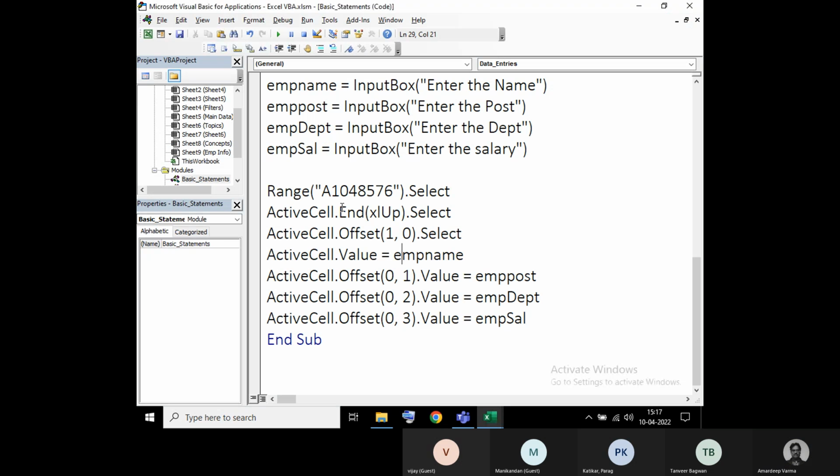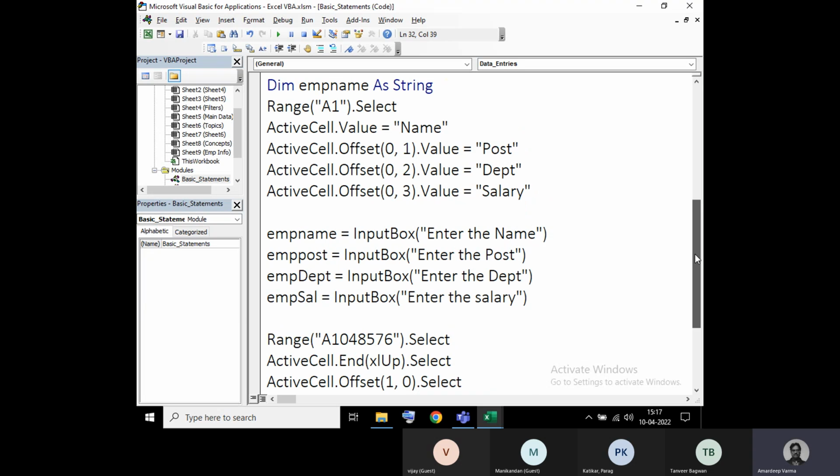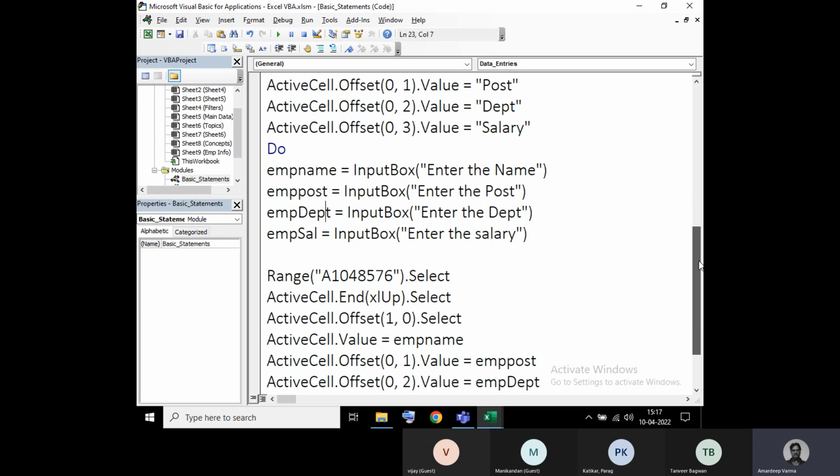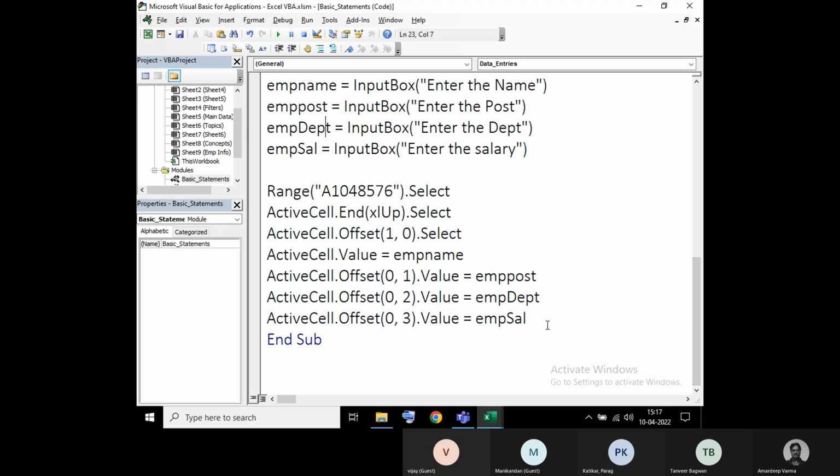So I need to write the do statement once the headers are printed, before I get the name from the user. So I'll write do here, do all these statements and save it, and after saving the record, I'll write loop